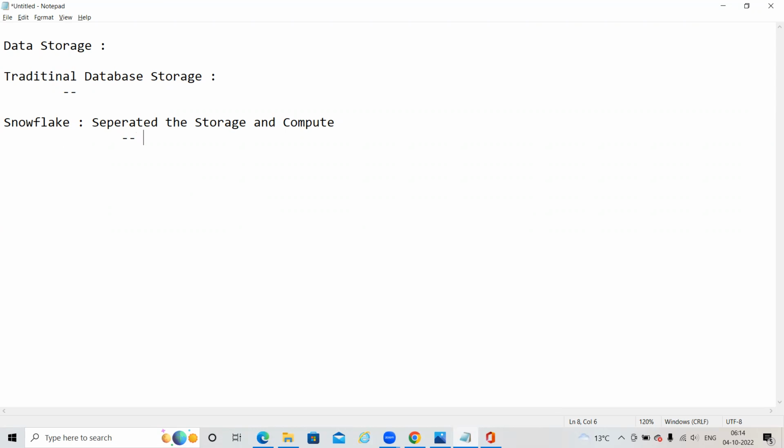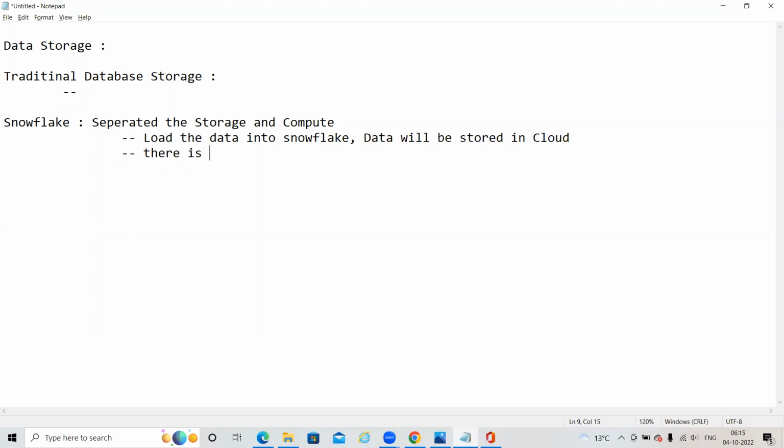See, when you load your data into Snowflake, the data will be stored in the cloud. Fine.